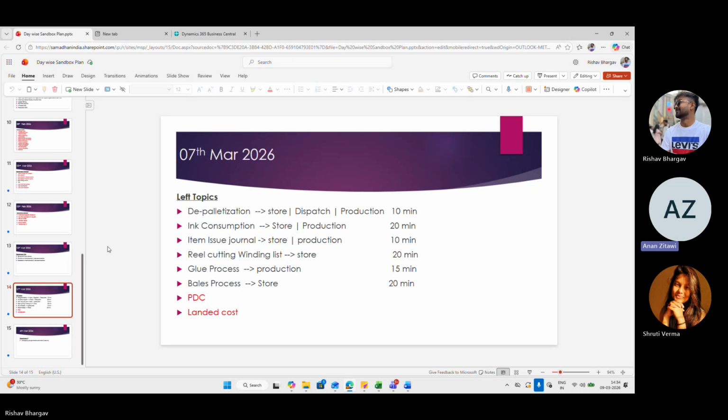But can we go through these contents quickly? What do you mean by depalletization here? Depalletization means, if you have done the pallet receiving in a pallet of 500, and later you want to do it in 250 quantity, you can do it by a process called depalletization.